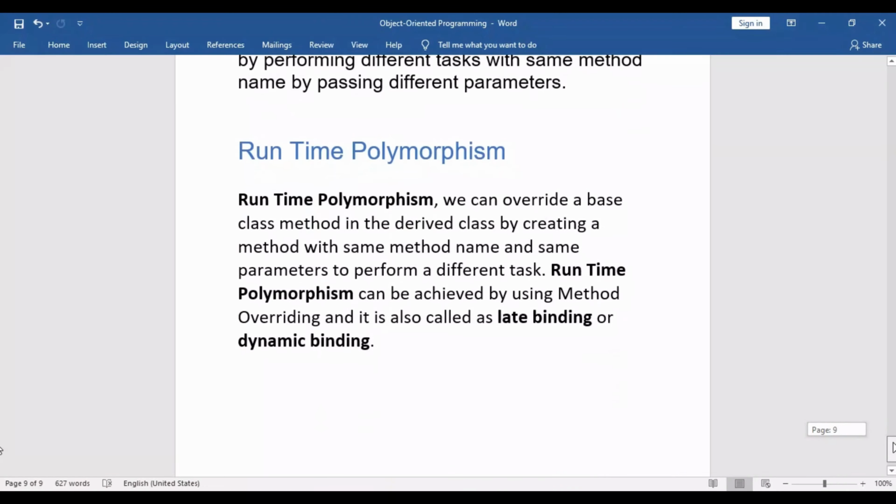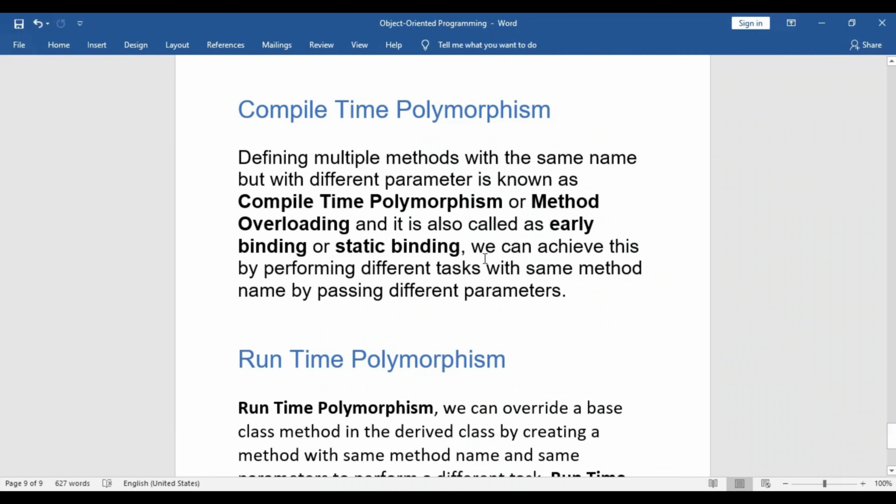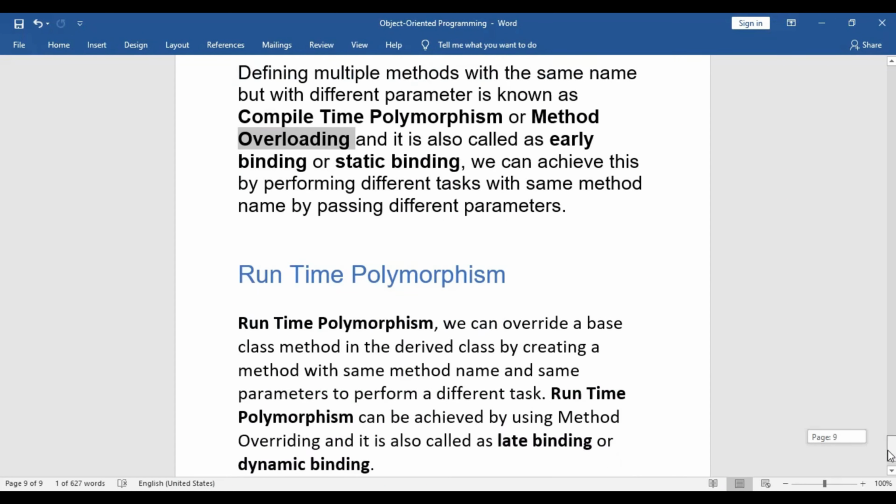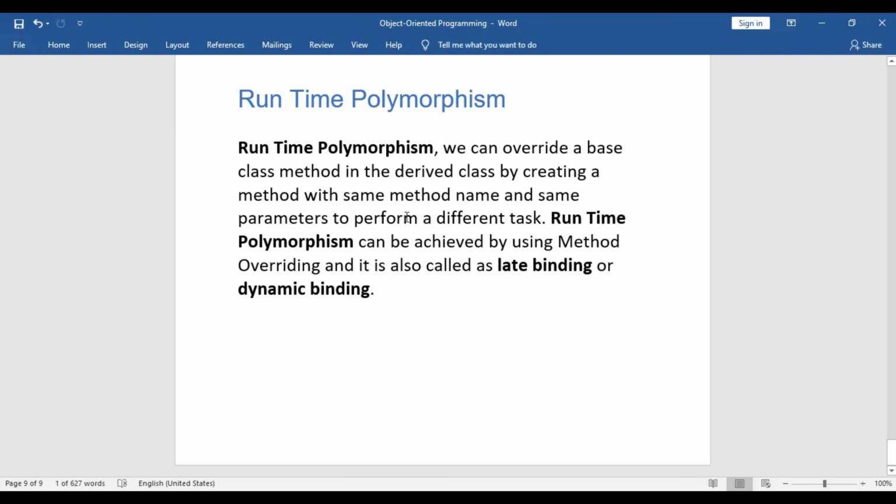As you can see here, this is the theory of compile time polymorphism and runtime polymorphism. Method overloading we have seen already. Now we will see runtime polymorphism, which is nothing but method overriding. So we will see it in our Visual Studio.